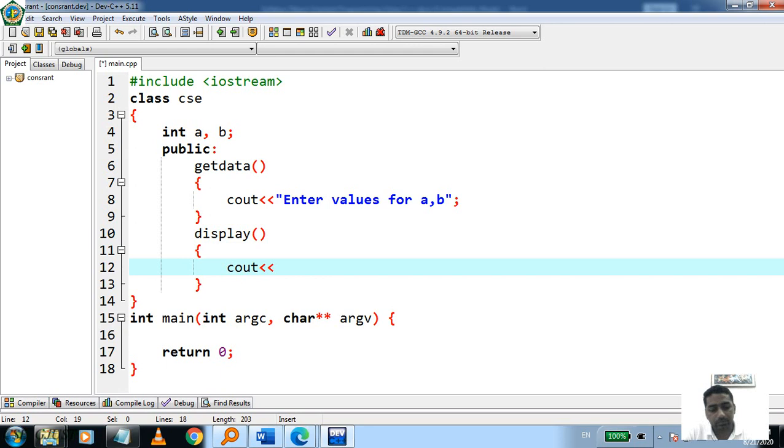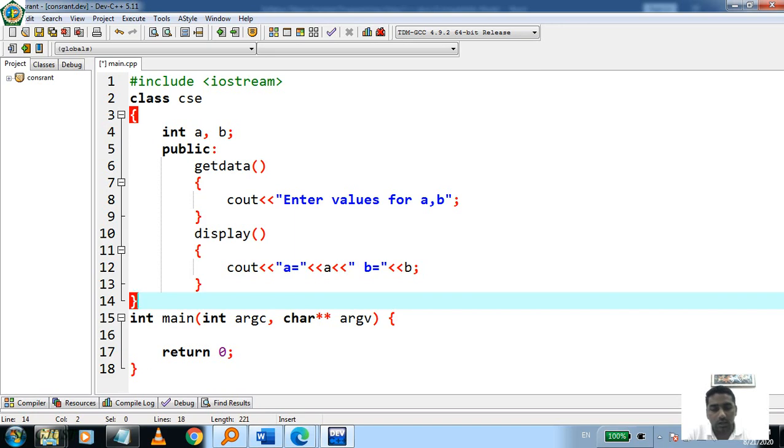Display does cout a equal to a, b equal to b, and we end the class with a semicolon.